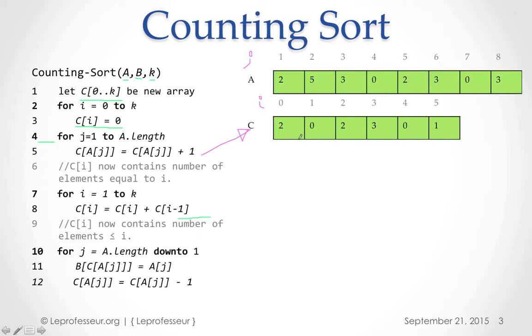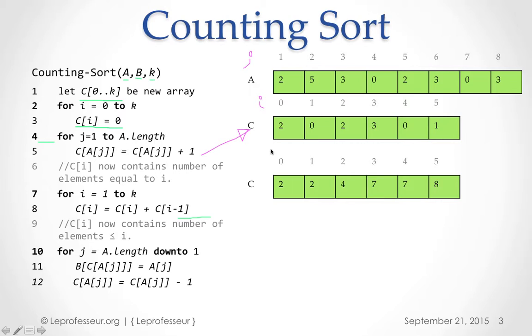Okay, so let's go. C of i here is 0, plus i minus 1, that is here 2, right? So 2 comes here,